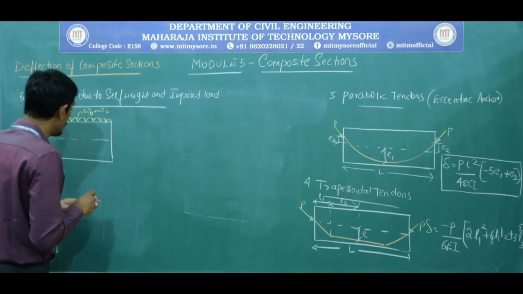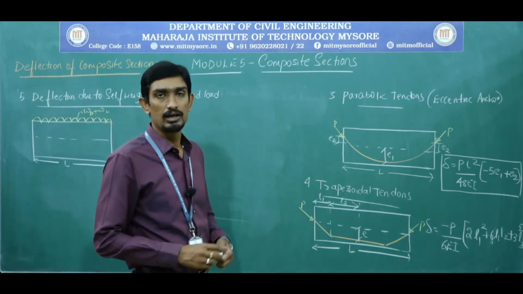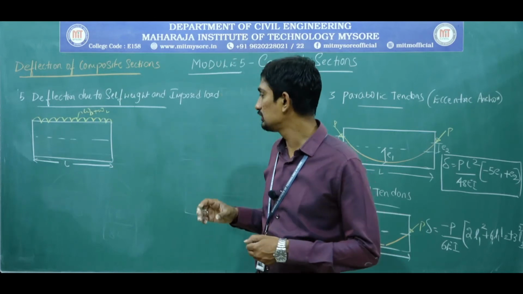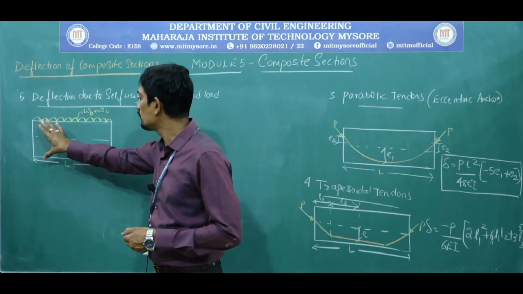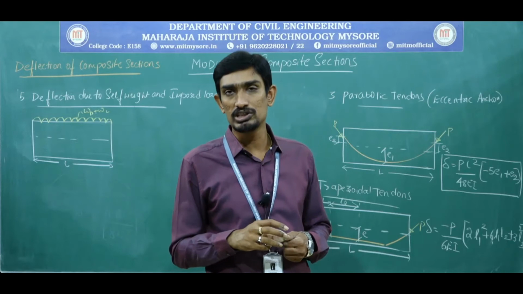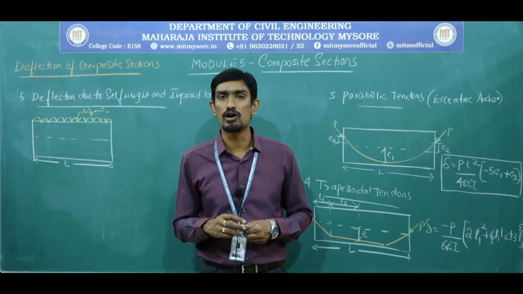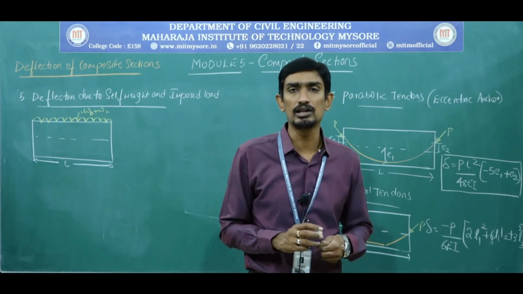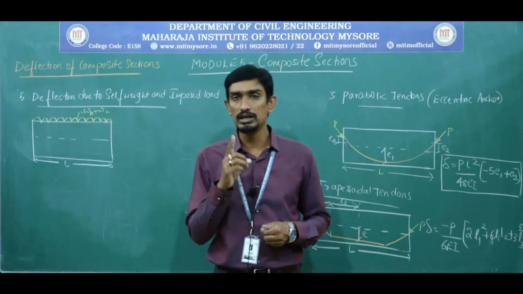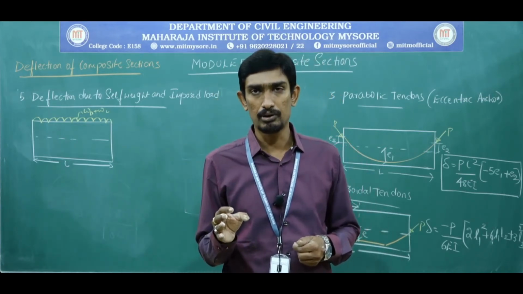And please note this point: the dead load which we are going to consider will always be UDL, because the section you are going to consider is uniform, it is not tapering, and the distribution of material will be homogeneous. Hence, whatever self weight I consider in the case of a composite section or a regular section, as we did in module number 2, the dead load will be assumed to be UDL. Did you get my point?